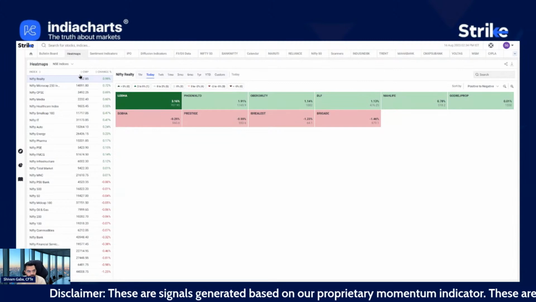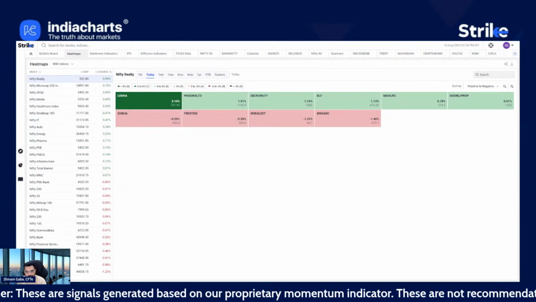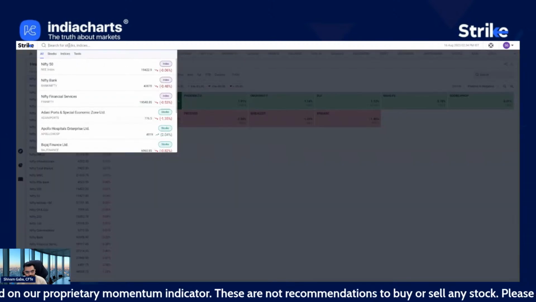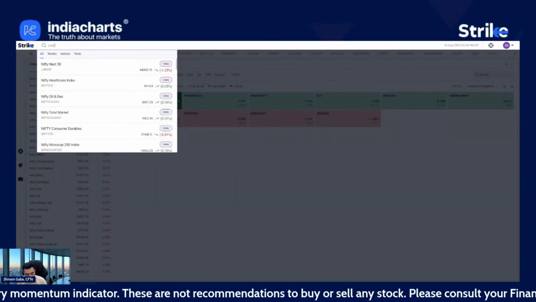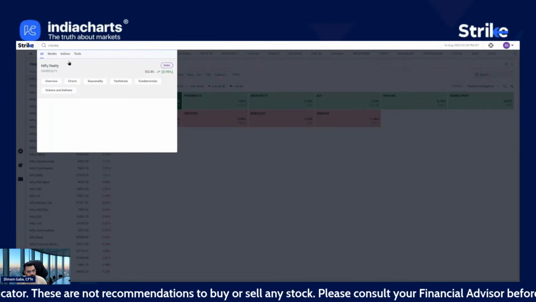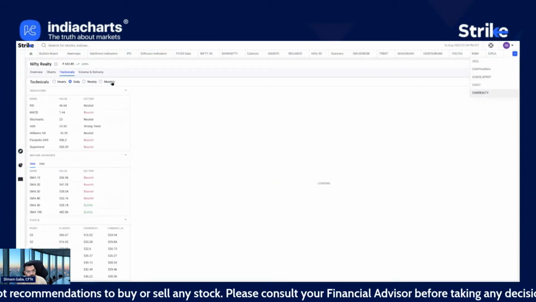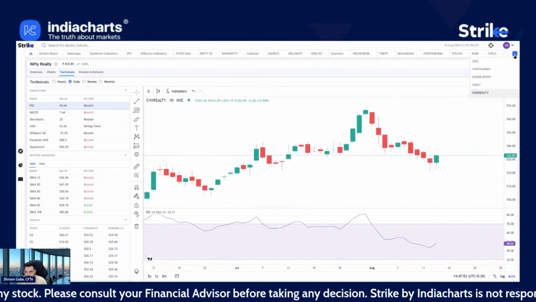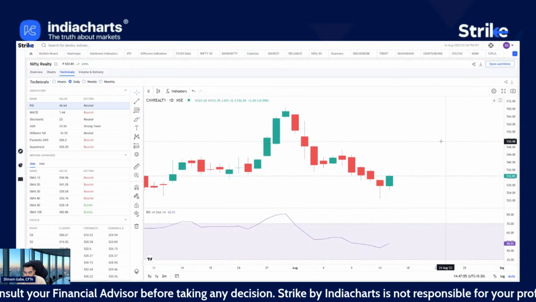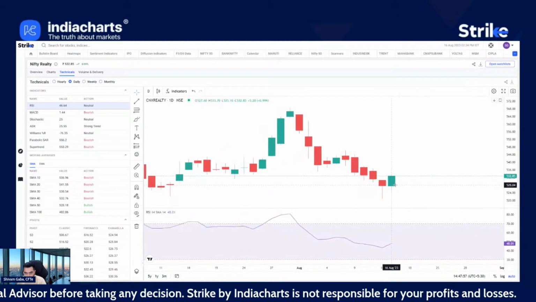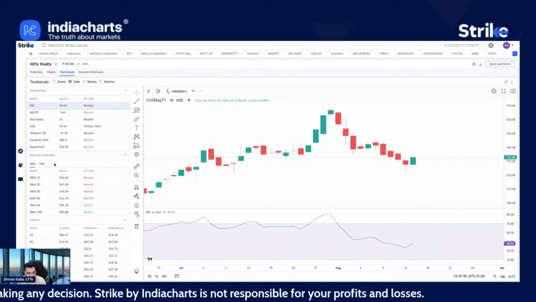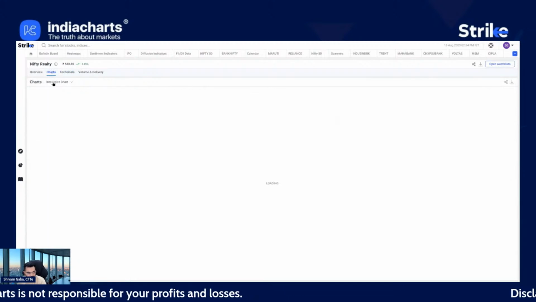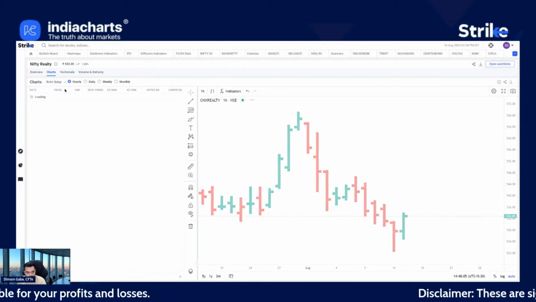So since realty is at top, let's see if the chart of Nifty Realty itself has anything interesting for us. So it is trying to form a bullish candlestick in today's session. It is also below all key moving averages and support. So let's directly go to the setup and see if there is any signal.